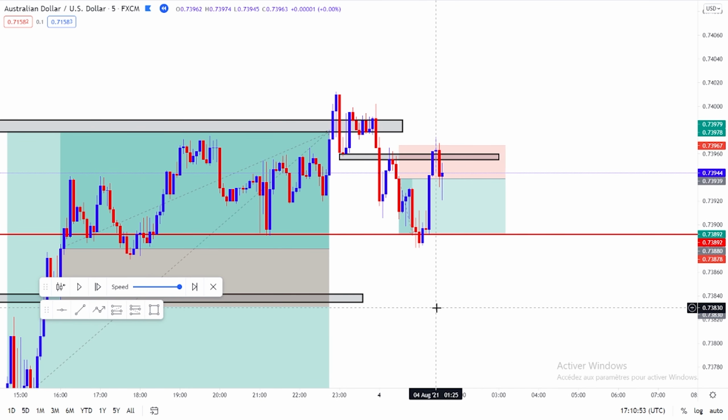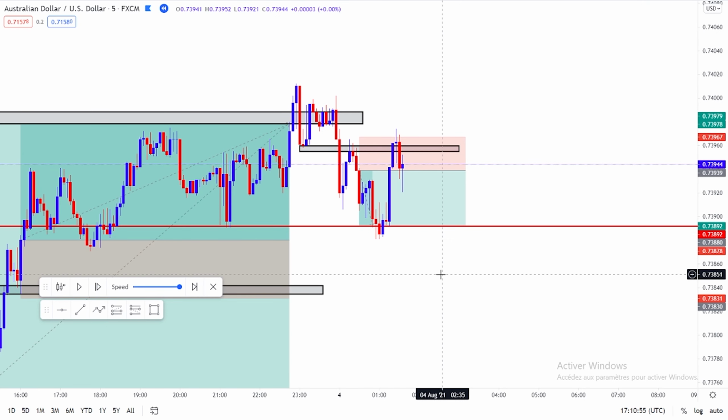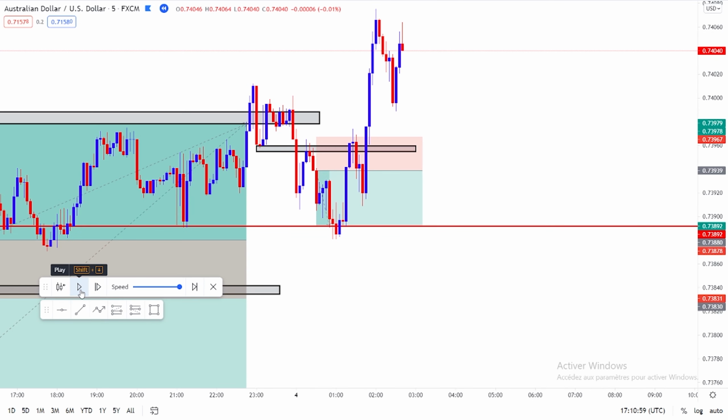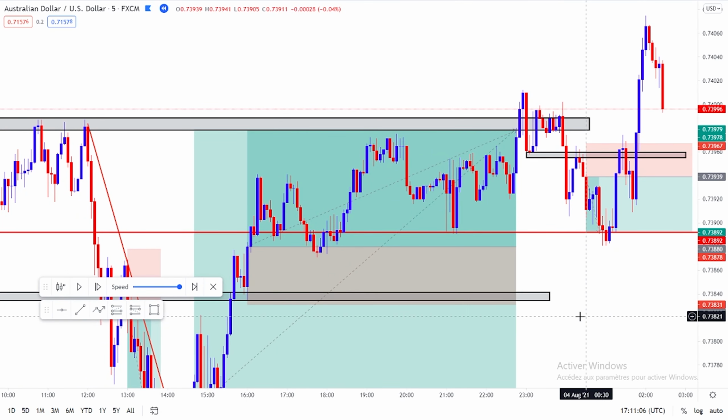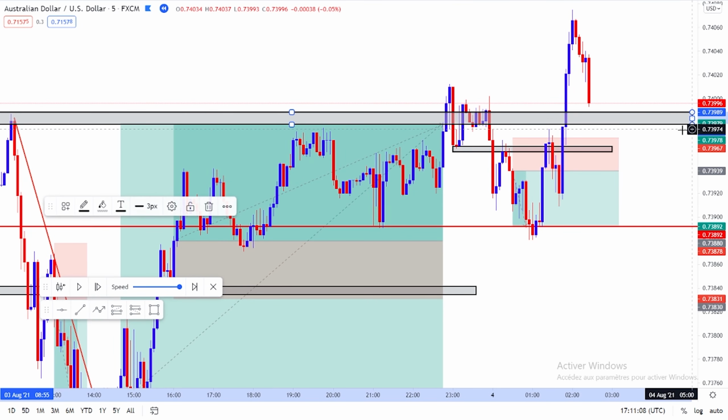Okay, so actually the market now is ranging. There is no trend to follow. There is no specific direction to follow. So let's run these candles and see. That's cool, guys. Let's just be here. Look at this, guys. If we extend this zone,